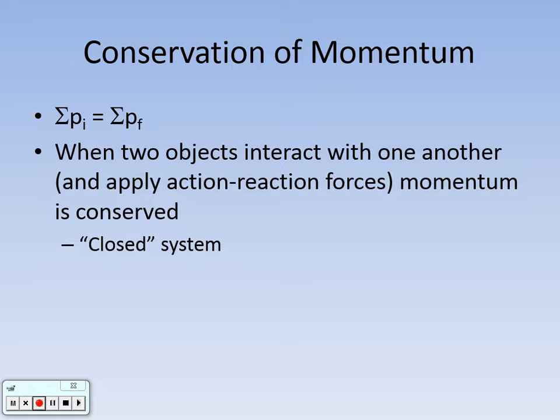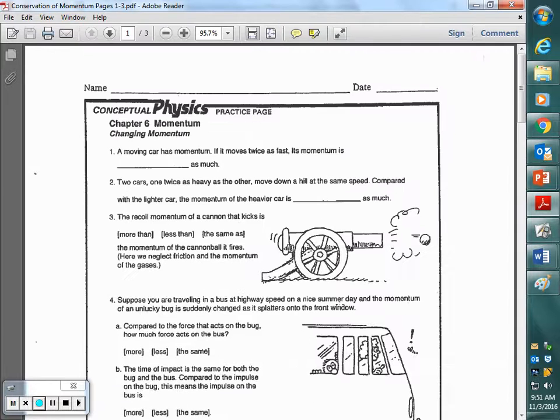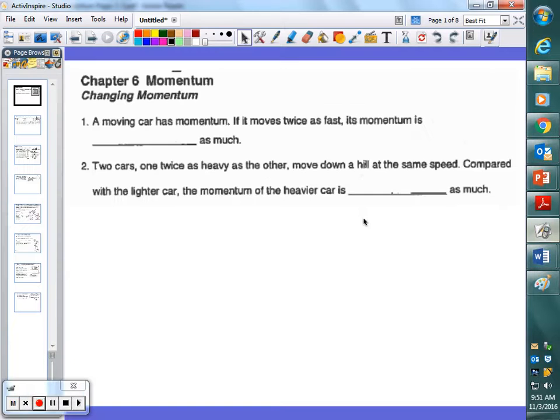Before we start talking about applications of this idea, let's review some concepts that we're going to need moving forward. If you would please, grab out the packet that I gave you, and we're going to start right on the front page with the one that has the cannonball on the front of it. And we're going to answer the first two questions. So it says, a moving car has momentum. If it moves twice as fast, its momentum is twice as much, right? Because